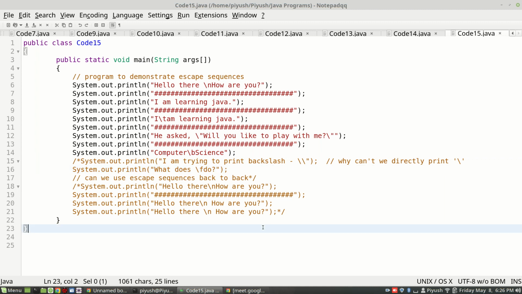So, yes. Why do you need codes for this? Can't we just do it ourselves? Why do you need codes for backspace and all? They have just provided an option.